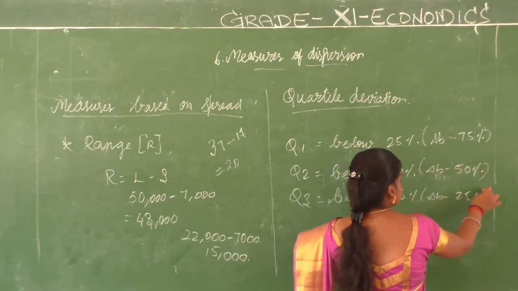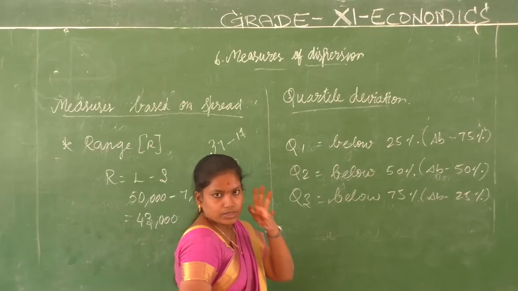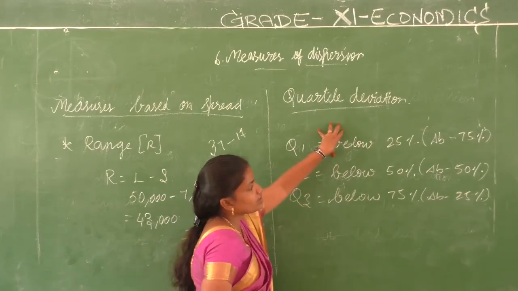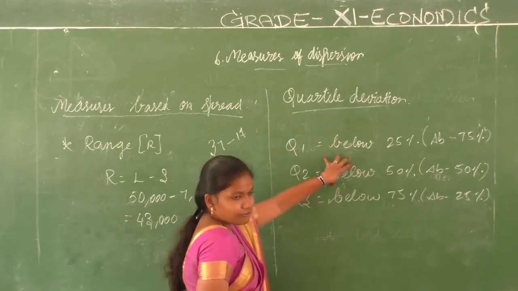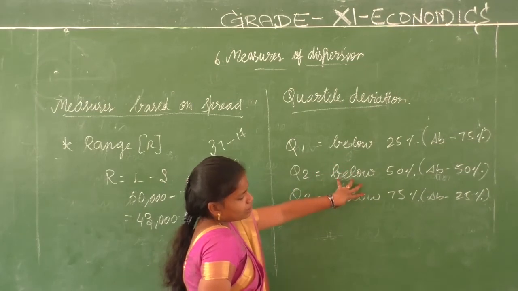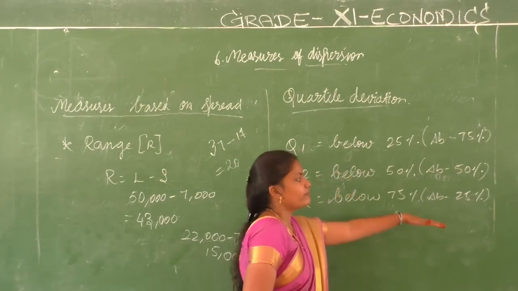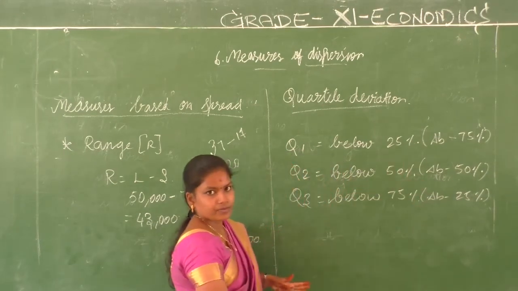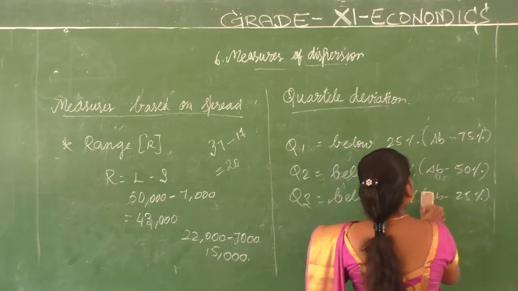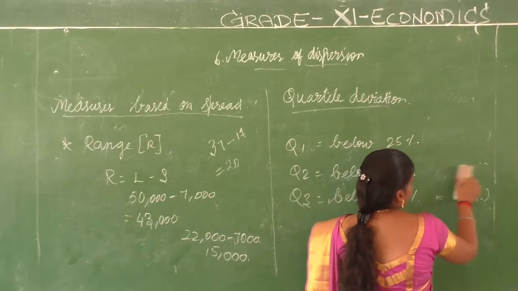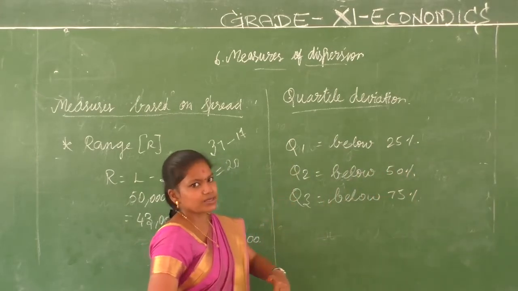Okay, for example, 100 marks. We are keeping 100 marks. How many students have taken below 25? How many students have taken below 50? How many students have taken below 75? Other way if you see, how many have taken above 25? Above 50? Above 75? The percentage differs. Just like finding the less than OGIVE and more than OGIVE, we have the cumulative frequency. Less than cumulative frequency, more than cumulative frequency.